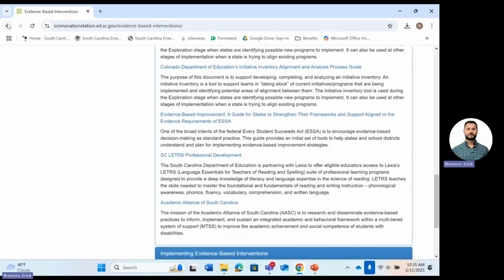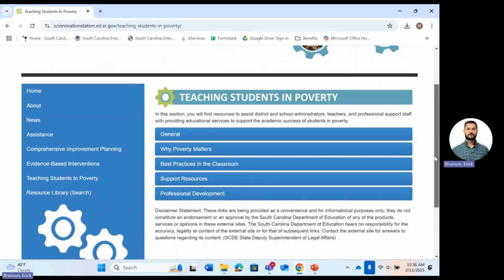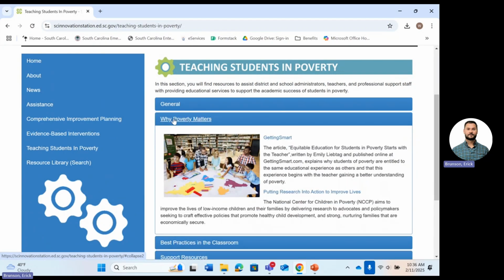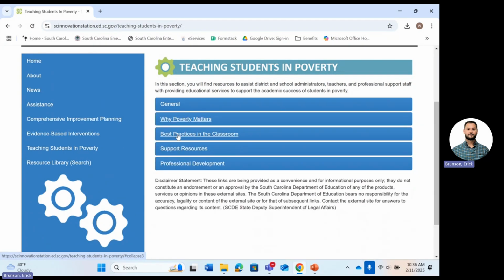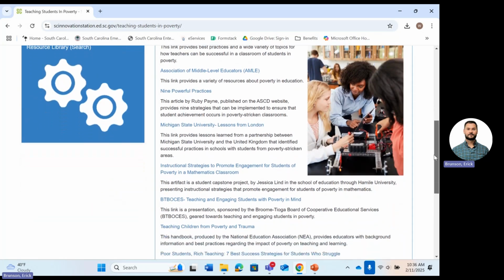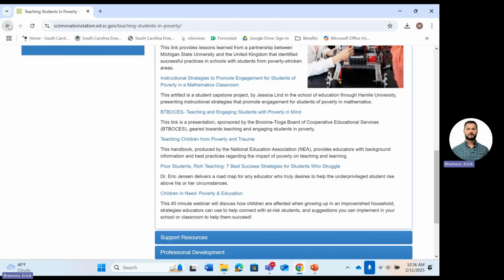We all know South Carolina is at a 60% plus poverty rate. So all of us are pretty much in that boat together. Those are resources to help you with that as well, including best practices that you can use for teaching students in poverty. And then the last portion that we have is called the resource portal.